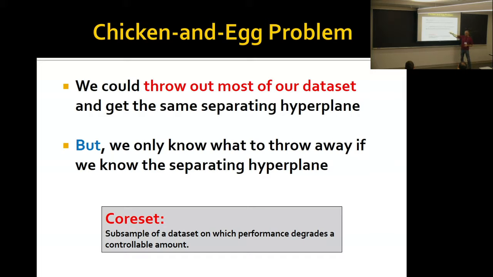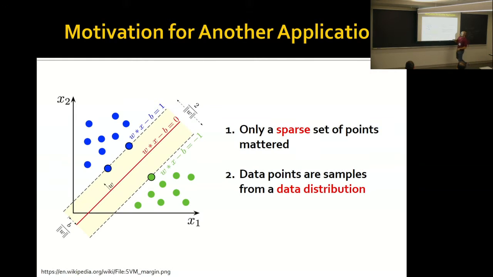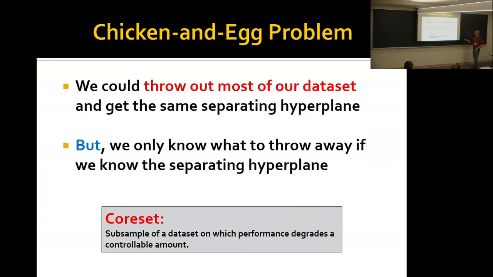And so in computational geometry, and more recently in the statistical literature, they've defined an object called a Coreset. A Coreset is a conservative way to subsample your data. The idea is that maybe I can't throw away most of the points here, but these really extreme points I can convince myself really don't matter for my machine learning task. And so I can remove those. A Coreset algorithm's job is to subsample my data set with a performance guarantee. In other words, I know that my SVM won't degrade that much when I remove these points from my data.